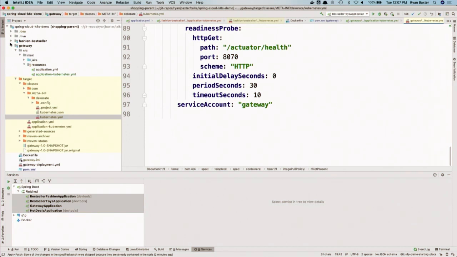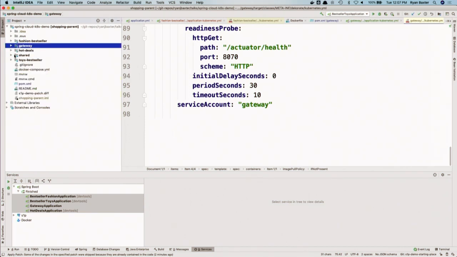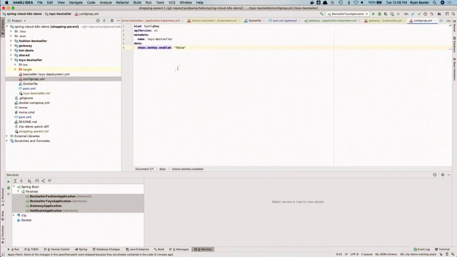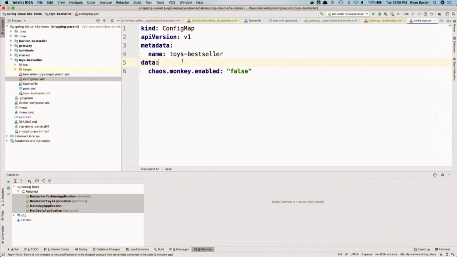So I'm going to externalize the property to enable Chaos Monkey to a config map, right? If we look in the Toys Bestseller app here, I have this config map.yaml, which is just a YAML file, as you might expect, for that property. Once Spring Cloud Kubernetes is enabled, it will look for a config map with the name of the application, in this case Toys Bestseller, and apply any properties that it finds in there as a property source in the boot app.